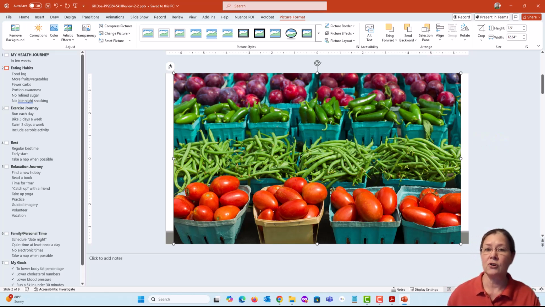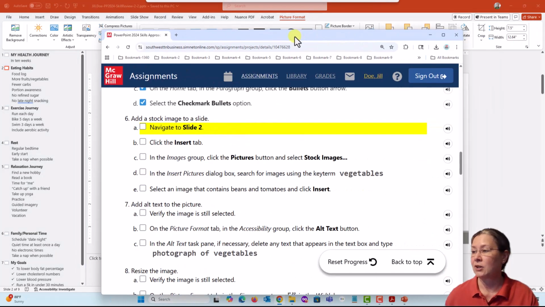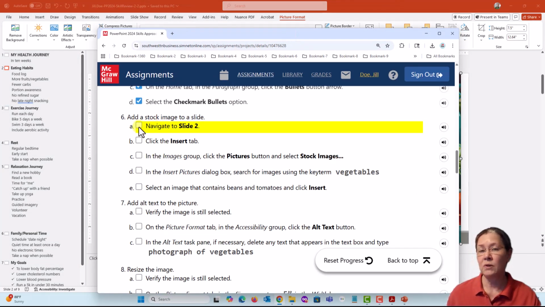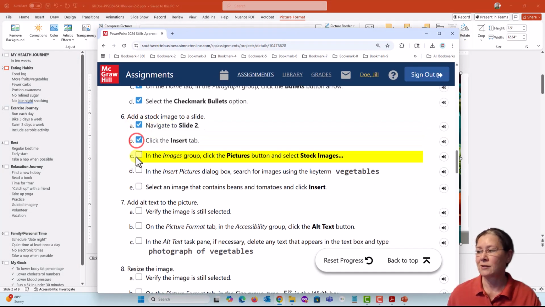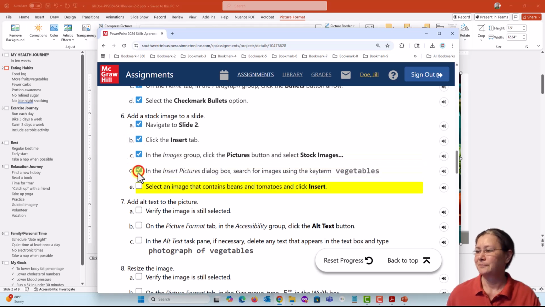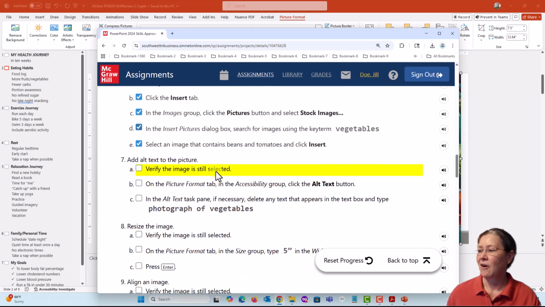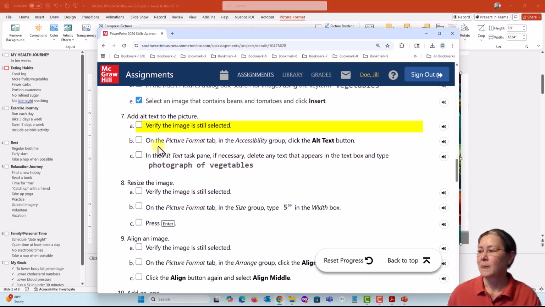Okay, but we inserted the pictures, we accomplished step 6, and we earned some points, didn't we? On to step 7. Add alt text to the picture. It says verify the image is still selected, and we're going to add alt text, and specifically we're going to